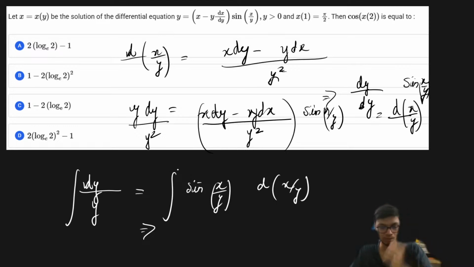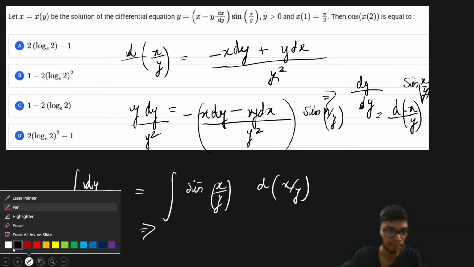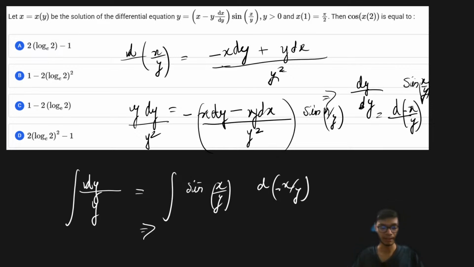Just a small mistake, okay? There should be a minus over here and a plus over here, because it is y into the differentiation of the numerator minus numerator into the differentiation of the denominator. That is the form, right? So this is going to be plus over here. If I put a minus over here, I just have to put a minus outside the bracket. So this is minus of x by y, and over here also it will come out as minus of x by y. I hope you are able to understand this. So just integrate both the sides.